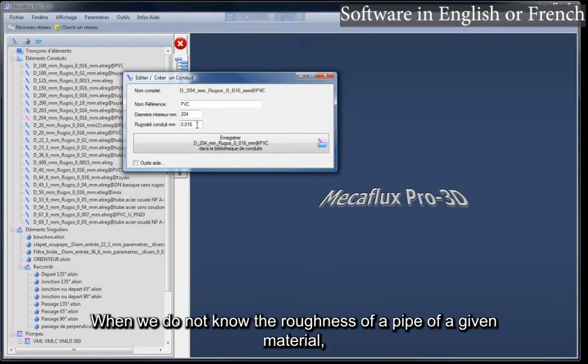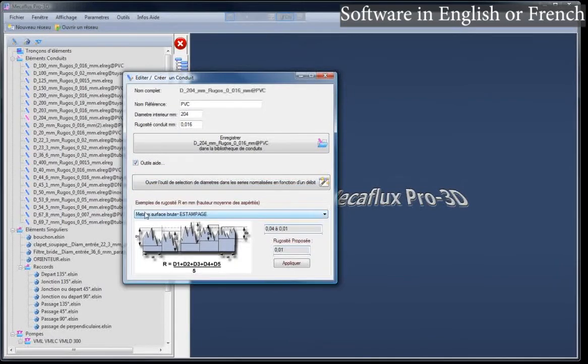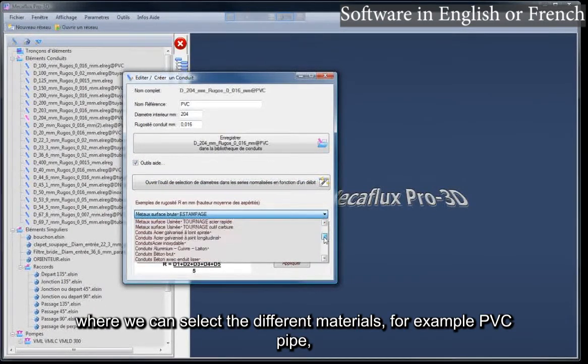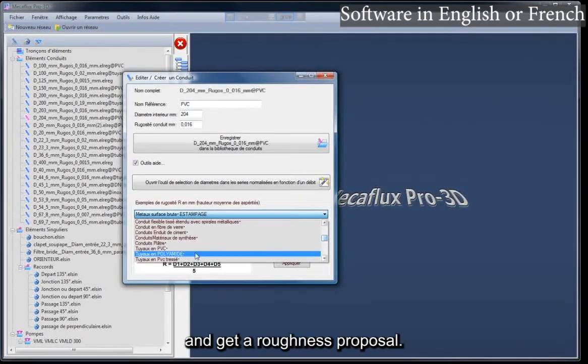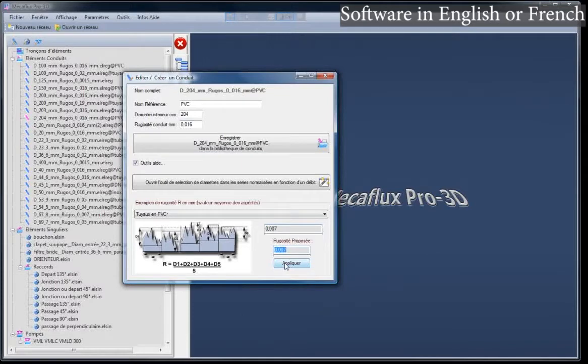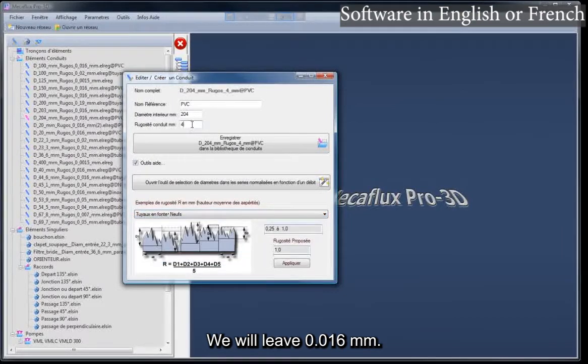When we do not know the roughness of a pipe of a given material, in the help tools we have a list of materials, where we can select the different materials, for example PVC pipe, and get a roughness proposal. If we want to apply the proposed roughness, we click on Apply.